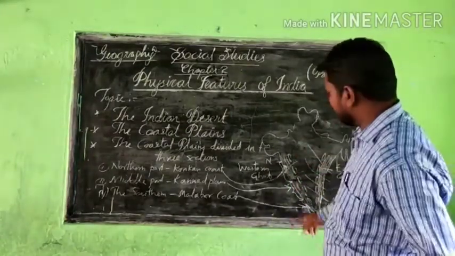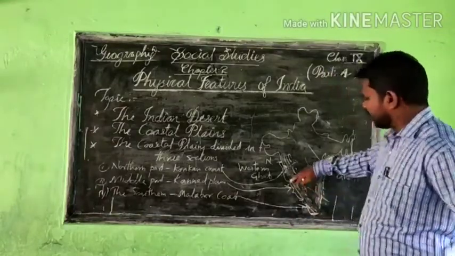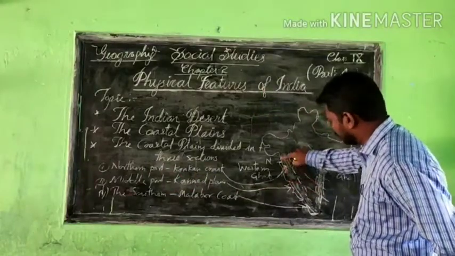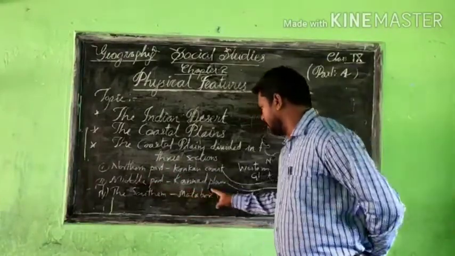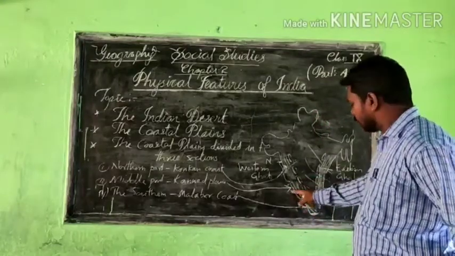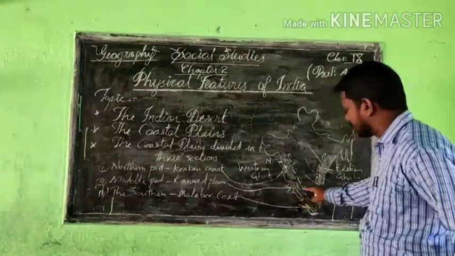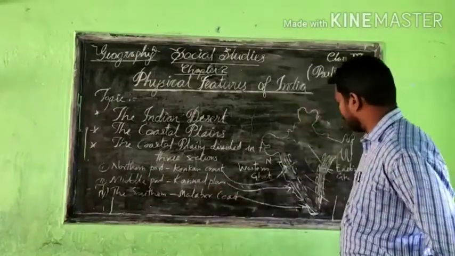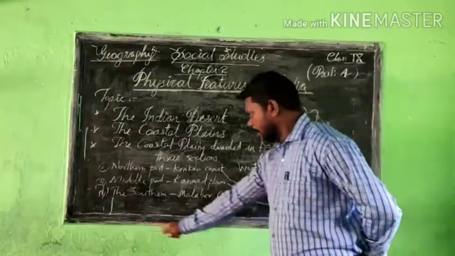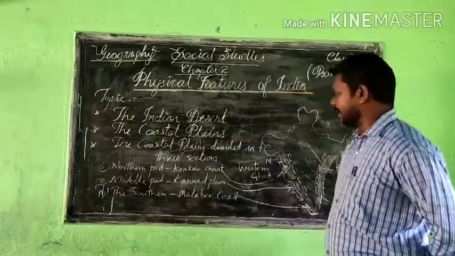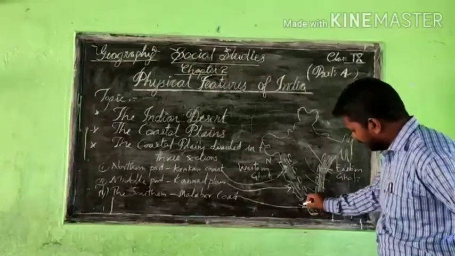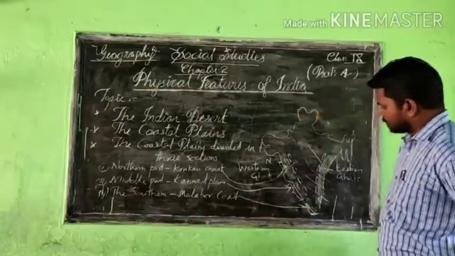You know that the coastal areas are divided into three. For understanding, the northern part is called the Konkan coast, and the middle part is called Kannada, because Karnataka also comes in there. So this area is called the Kannad plain, in between the Arabian Sea and the Western Ghats. And the third one is the southern part, called the Malabar coast, mainly Kerala. So these are the plains.